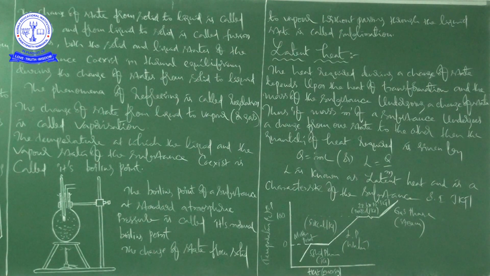Okay, so in this class we discussed change of state, when matter is changing its state from one state to another state, what happens there. Meanwhile we discussed important terminology like regelation, sublimation, melting point, boiling point, etc. So many things we discussed, and after completion of that we came to discuss what latent heat is, the definition, on what factors it depends, and the formula.